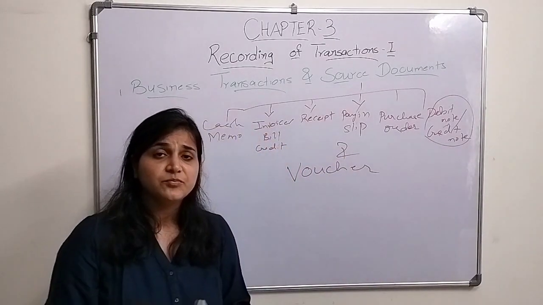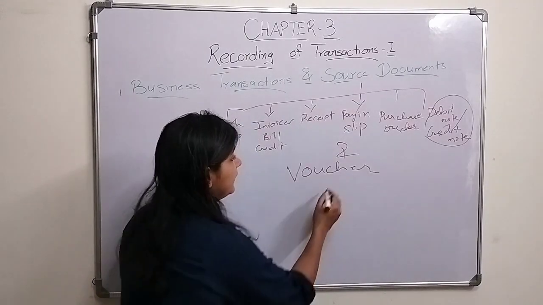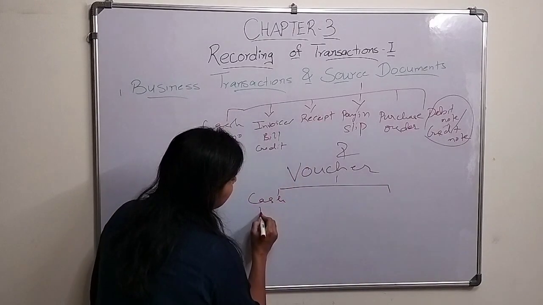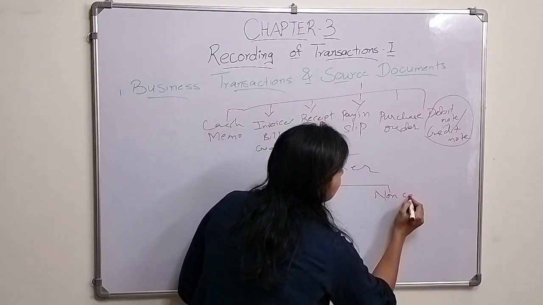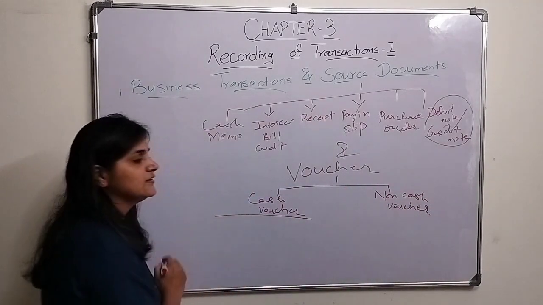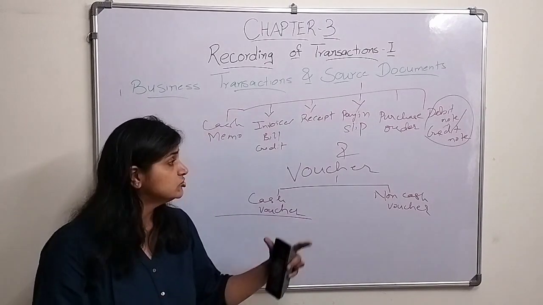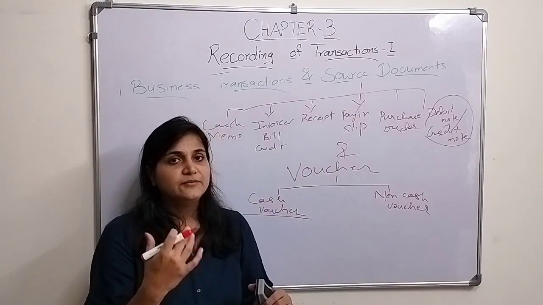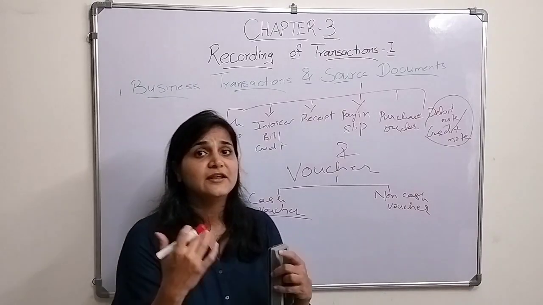The organization prepares vouchers for all the transactions that they are dealing with, may it be cash, may it be non-cash. They prepare cash vouchers, they prepare non-cash vouchers. This is easy to understand. Cash voucher, anything dealing in terms of money, they prepare cash voucher. Non-cash voucher, if at all the company is buying goods on credit, okay, or if they are selling goods